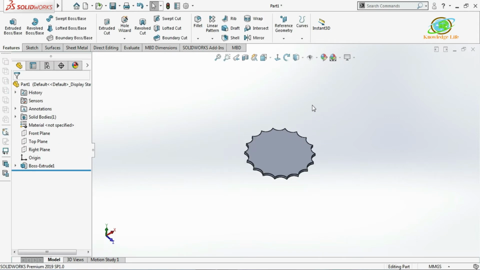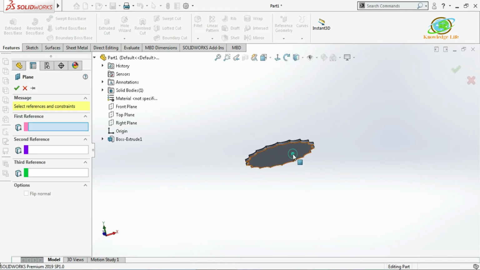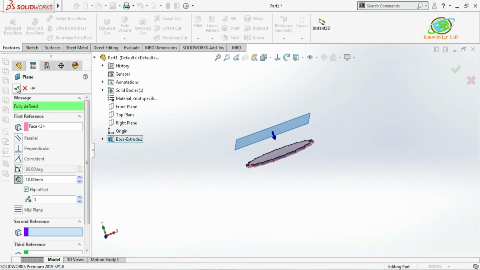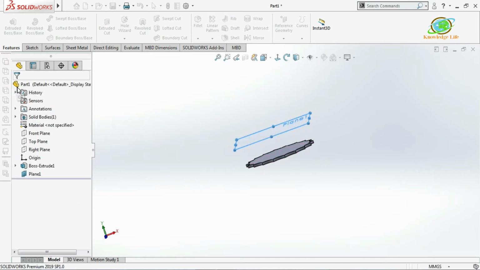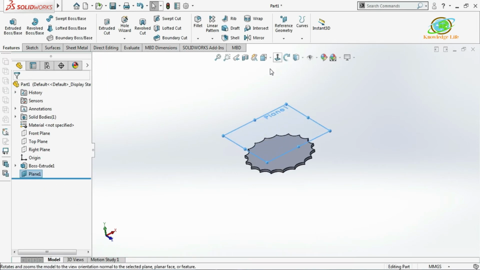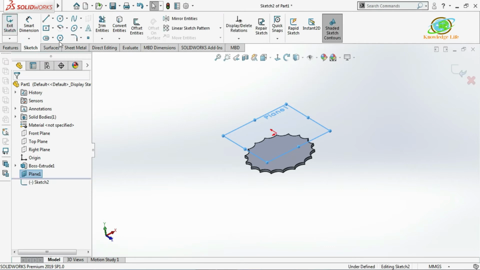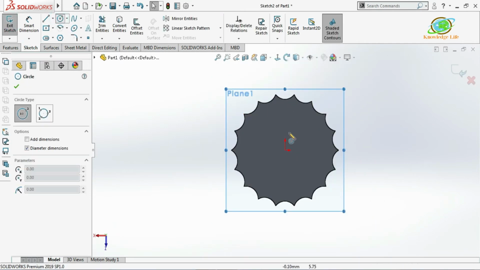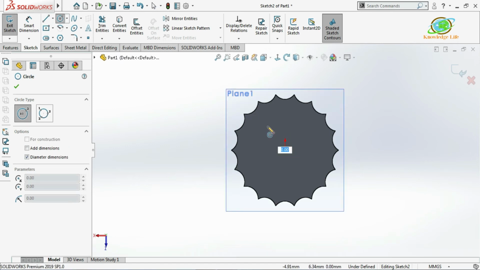Now I will go for the plane. I'll click on the reference geometry and create a plane from this face, flip the direction and go with the OK. Now I will make a sketch on this plane. Go for the sketch, make it normal to the plane and just draw a circle randomly.